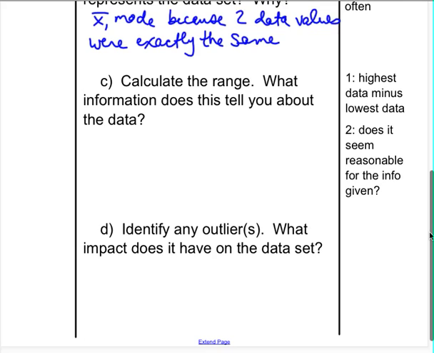All right, so now we need the range. That was our highest data value, that was $48, minus the lowest data value. So our range was $19. What information does this tell you about the data? So again, a small range means the data is similar, and a large range means the data is varied or different or spread out. Now for a phone bill, I would say a $19 range is high